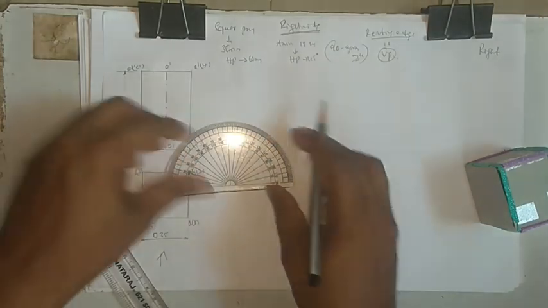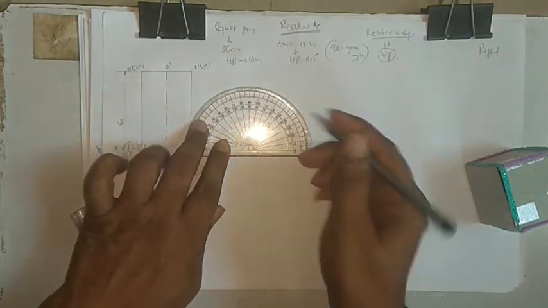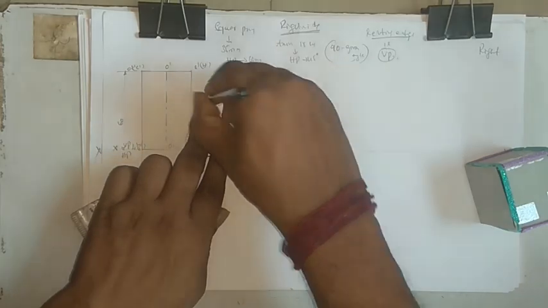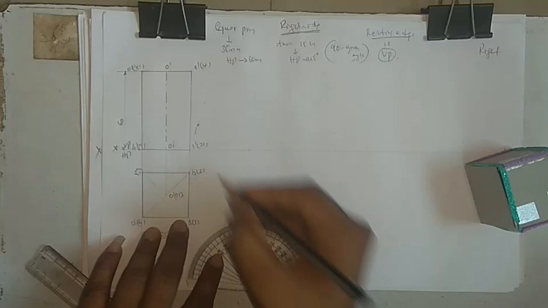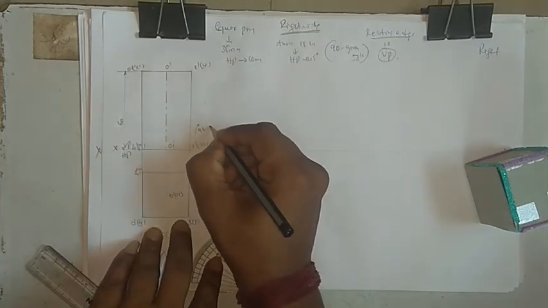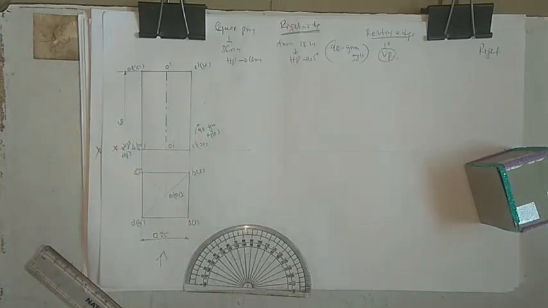This is an important one normally. Here they have given 45, so 90 minus 45 is 45. Just take a 45 degree line from the left side like this. So this is 90 minus the given angle. Just for the time being, we just write it.